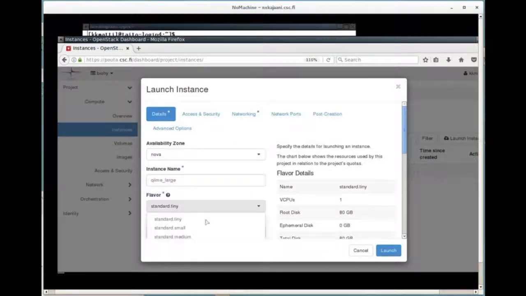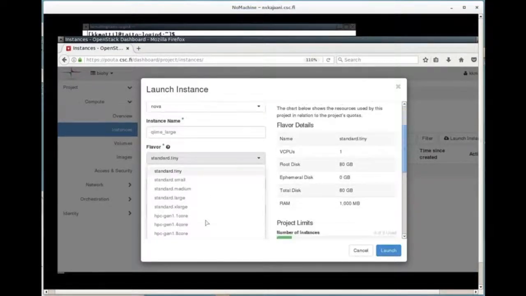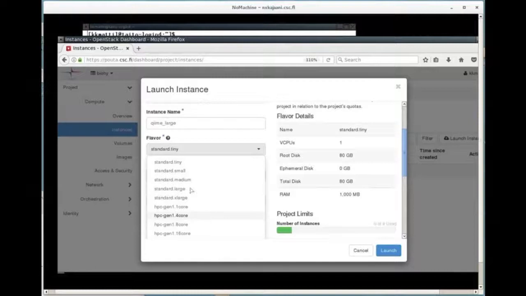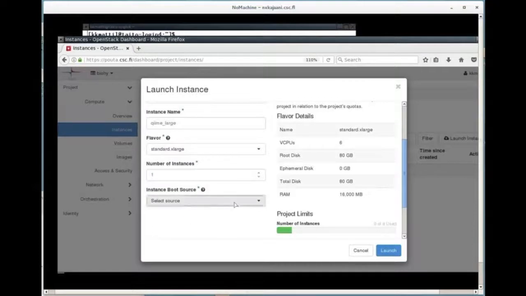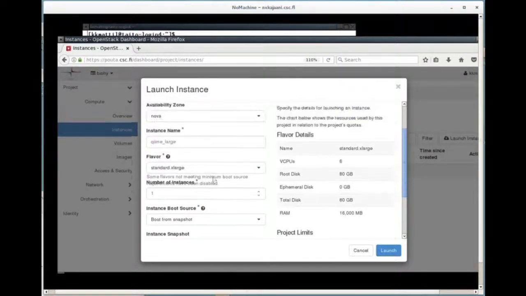Then we define the size, or the flavor, of the virtual machine to be created. In this case we choose flavor standard X large, which is actually a bigger flavor than what we used when we created the snapshot. From the instance boot source menu we define that we are going to boot from a snapshot. This adds a snapshot menu which we can use to select the snapshot we want to use. In this case we have just one snapshot, my cPouta VM, that we are going to use as a boot